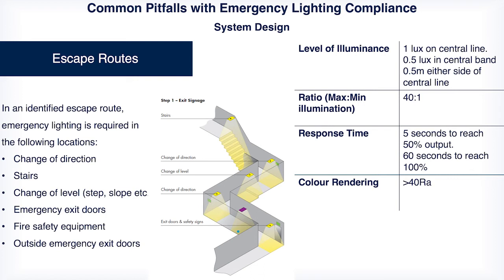So you've got to keep it within that 40:1 ratio, which means a good spread of luminaires rather than trying to get 1 lux from a single luminaire, maybe located right in the middle of the corridor. If the level directly below it, which is where it's typically going to be the highest, is 80 lux, and you've achieved your 1 lux at the end of the corridor and maintained that, that isn't good enough. You need to have 2 luminaires to create that. That will clearly indicate that you're going to get